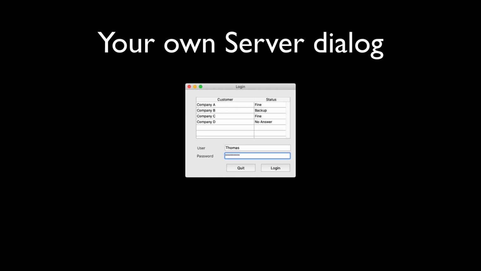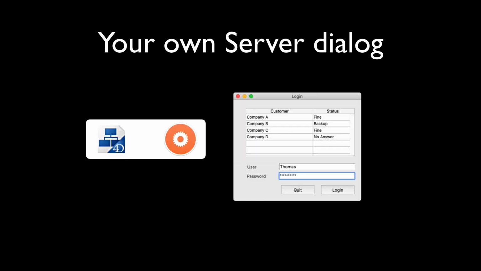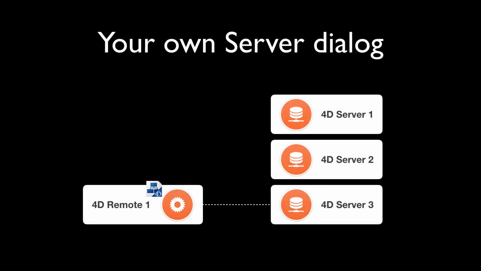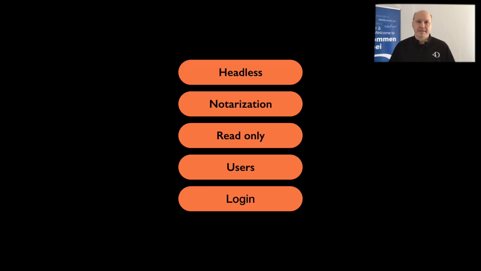So how does this work? Surprisingly simple. Imagine you could build a remote app including some code which is executed even before a server is selected. And that's the whole trick. First this code is executed, then it switches itself to become a remote client. To repeat that to avoid misunderstandings, it switches your application and does not quit and start another one. So this is super fast and without screen redraw, it just switches itself. This was just some highlights of new features introduced with v18 helping the admin.